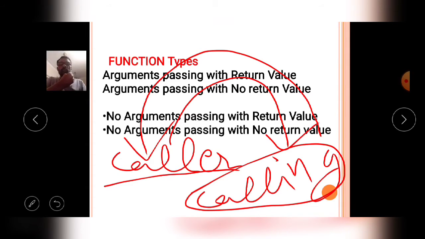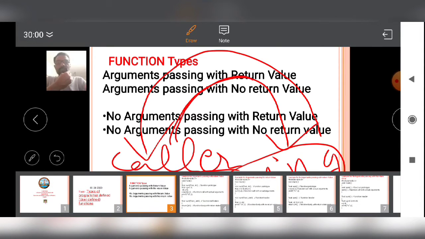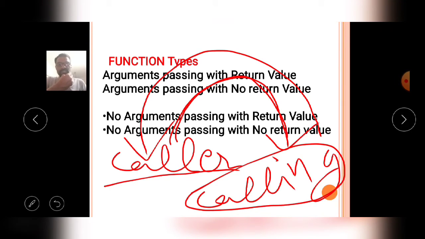In execution, the control always moves from the caller function to the calling function, and after completion of the execution it moves from the calling function back to the caller function. Like that, the control moves in C language programming.